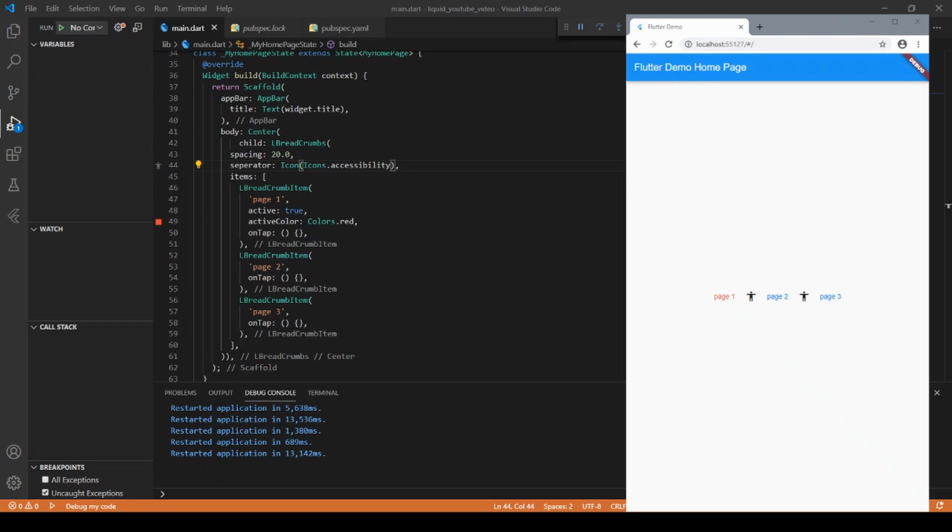To learn more about Liquid or its components, just log on to liquid.stackorion.com or go to github.com, open the Liquid repository and go through the readme file. It's very descriptive and easily understandable.